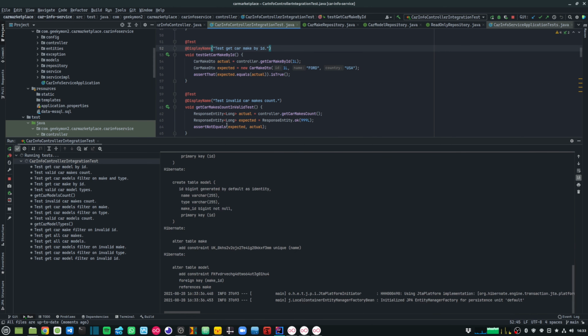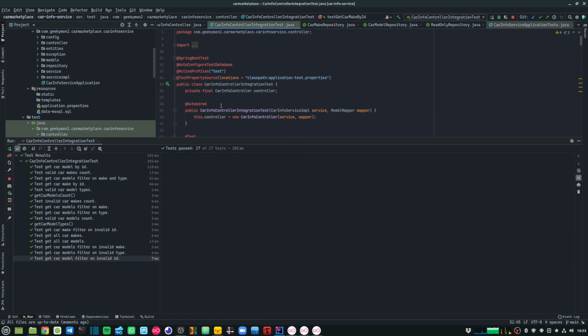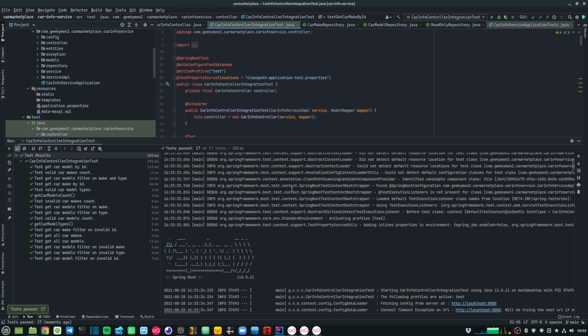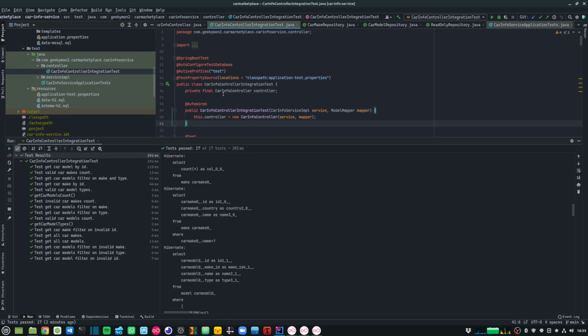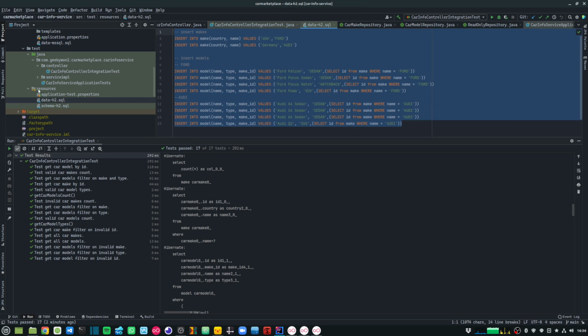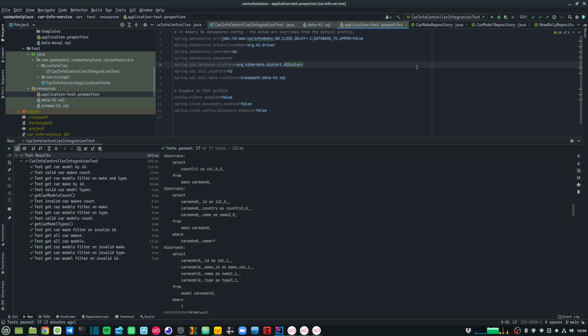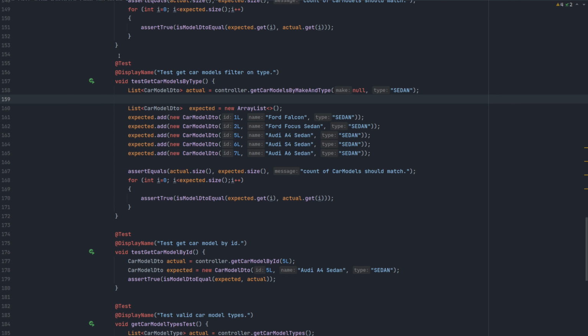You will see that because I have specified the Spring Boot test annotation, it will automatically wire the Spring Boot context. And you will also notice that it's connecting to the embedded H2 database for running my test cases. So I have seeded the initial test data using a SQL file present under my test resources. And I have also overridden the test properties so that I can use an embedded H2 database to run all my testing scenarios. The testing methods themselves need to have the @Test annotation.